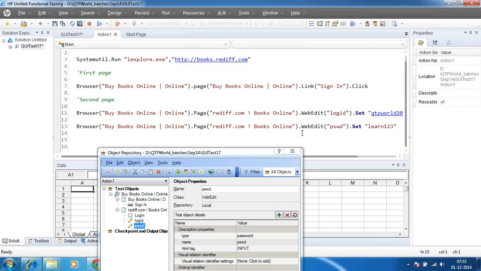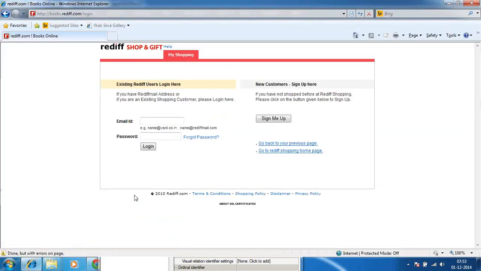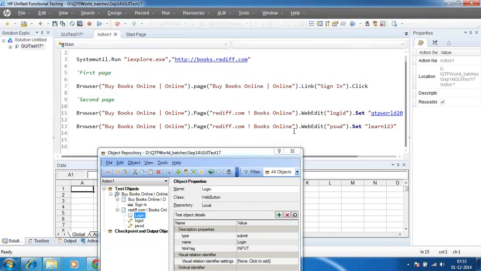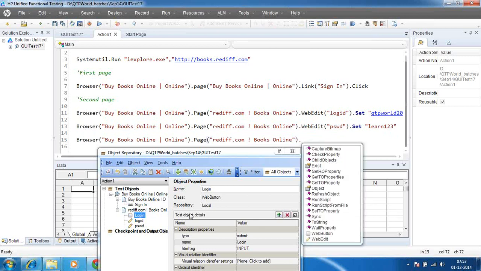Now the next object is the login button. Are we in the same browser, same page? Yes, we are still on the same browser and same page. I'm going to copy that hierarchy, and dot, what is my standard object now? It's a web button.